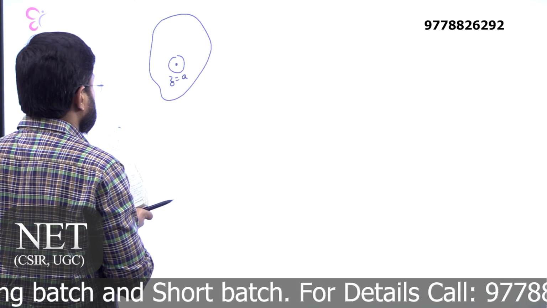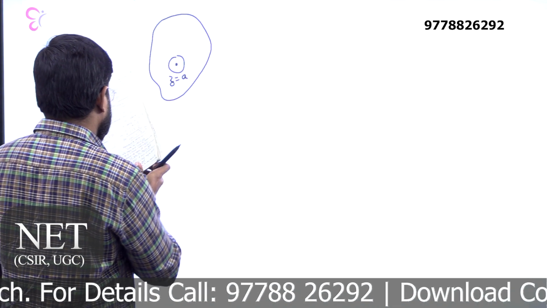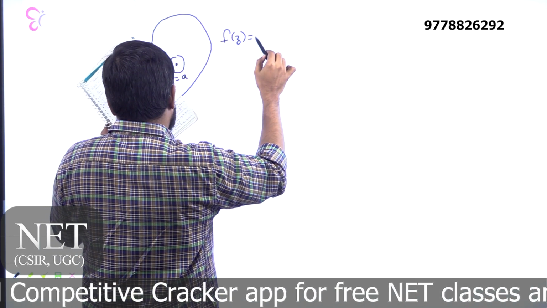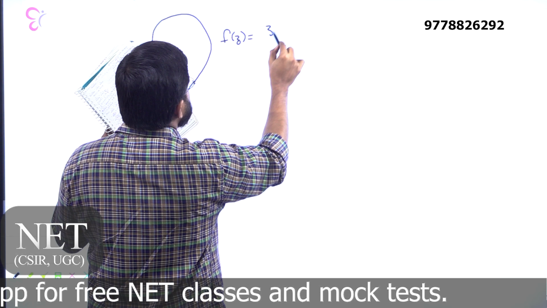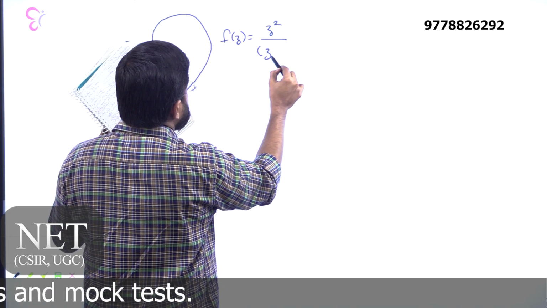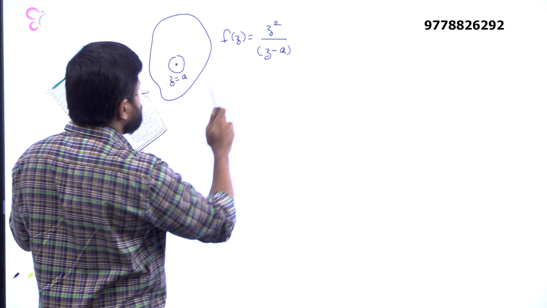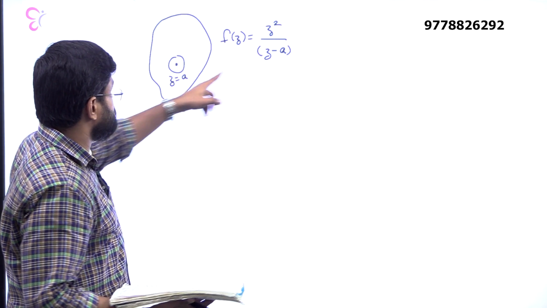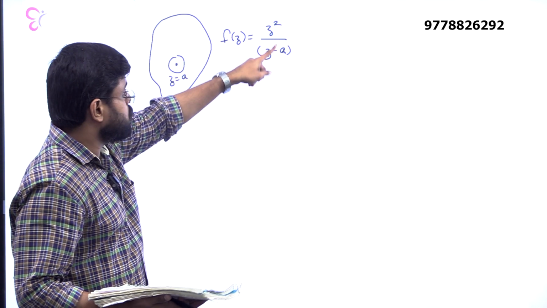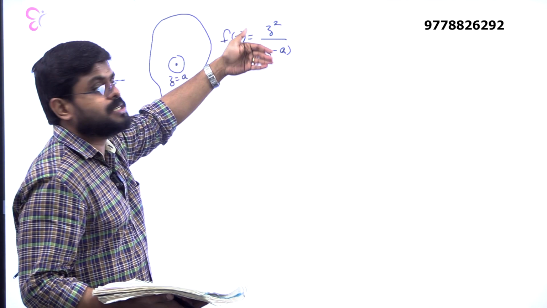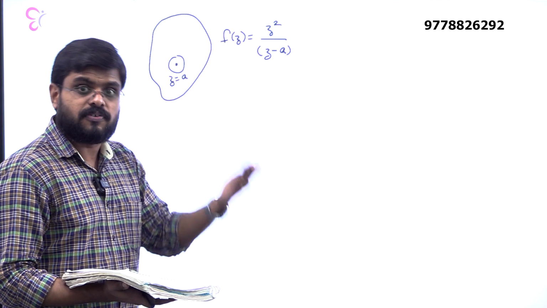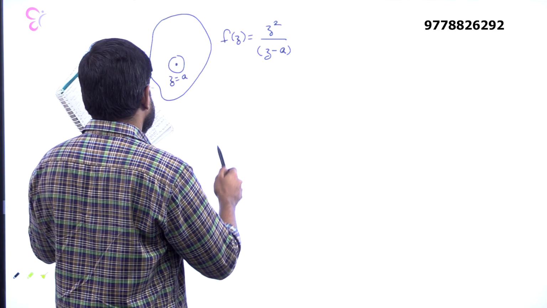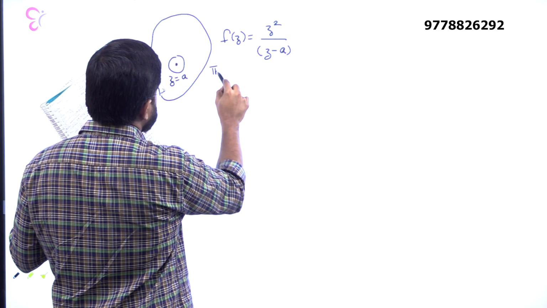I have a particular point, z equal to a, and consider the function f of z equal to z square divided by z minus a. If you substitute the value z equal to a, a minus a is 0, and something divided by 0 is infinity. It is not defined, right? That means the function f of z is